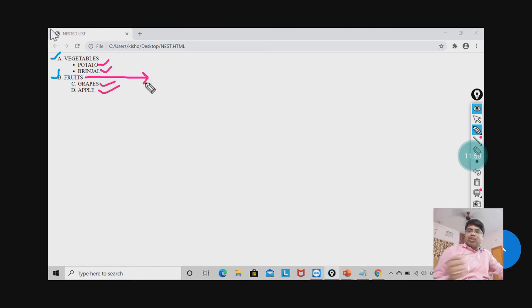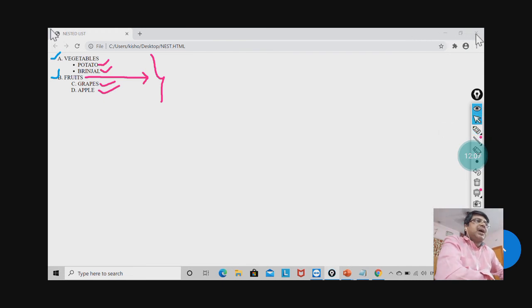As you have already used bullets and numbering in MS Word, there you have nested lists. The same rule we have to follow here also. So this is the nested list.